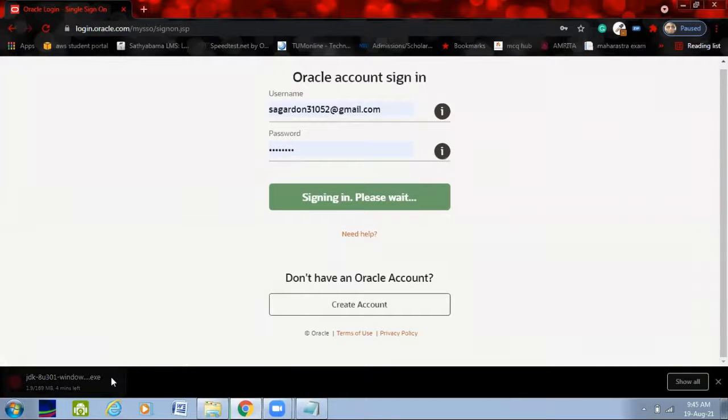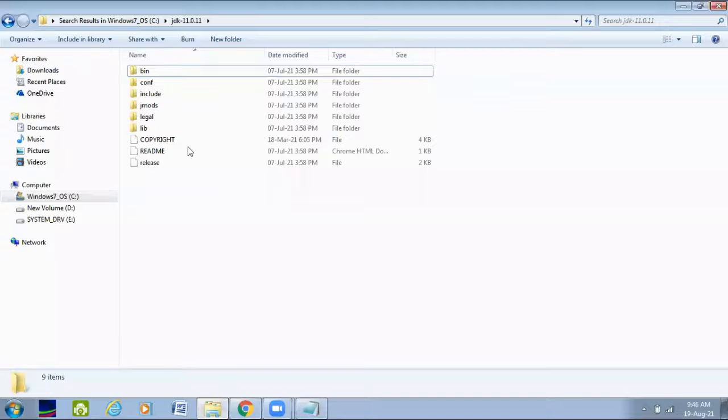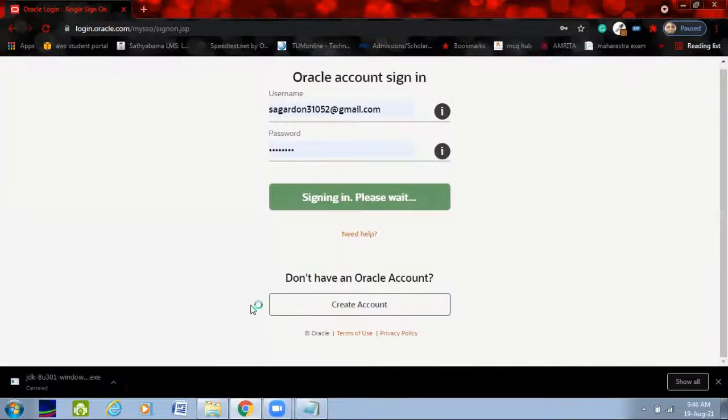I have already downloaded the setup and installed it on my system, so I won't be downloading anymore. But see, it's a .exe file, and once after downloading, you can execute it yourself as a normal setup installer. By default, it will be in your download folder or whatever you have chosen as a download folder. After you download, just simply press next, next, next, and all. And after installing, just remember this address, where the file is located.